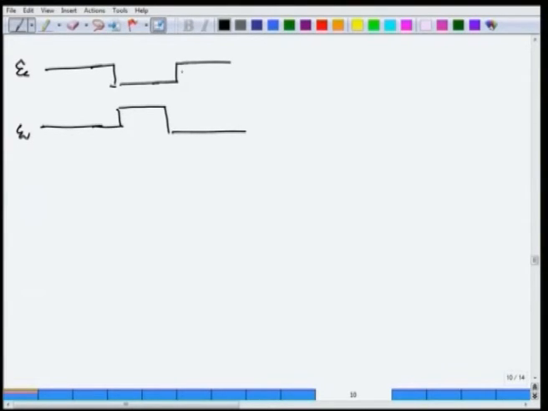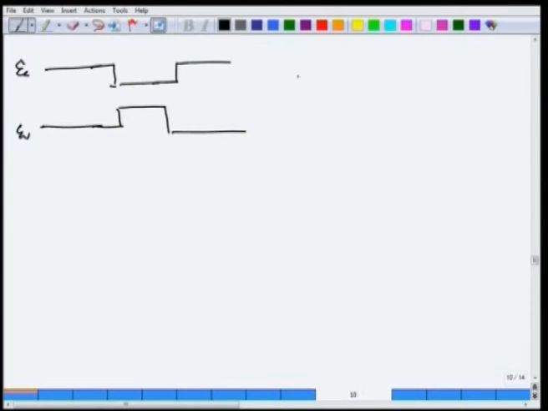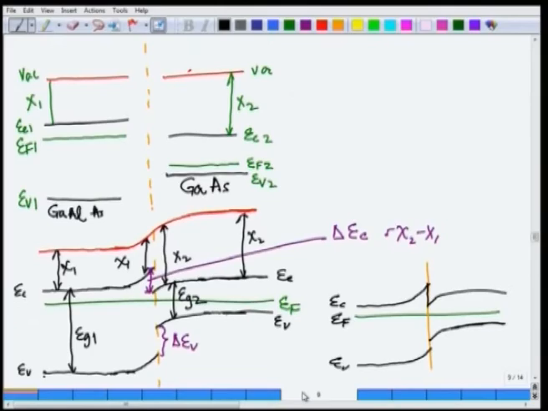This is what I was trying to teach you, how this junction area will change in its behavior. When you join them like this, they change to this behavior. The same thing will happen here, and you will use this in LEDs, and hence these types of diagrams are very important. I have given you an example of a straddle type diagram, and now maybe we could try another diagram of the same kind,